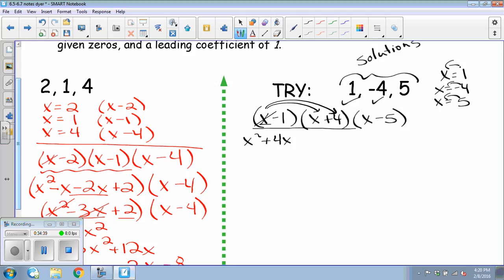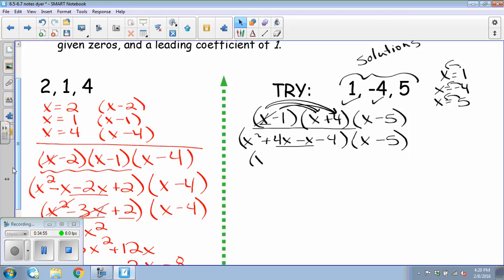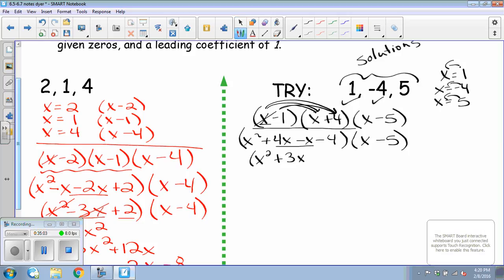Now we distribute the negative 1. Negative 1 times x is negative x. Negative 1 times 4 is negative 4. Okay, remember all of that is times x minus 5. So I'm going to simplify this before I move on. So that's x squared plus 3x minus 4